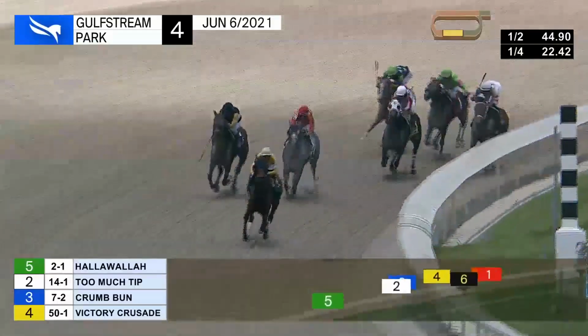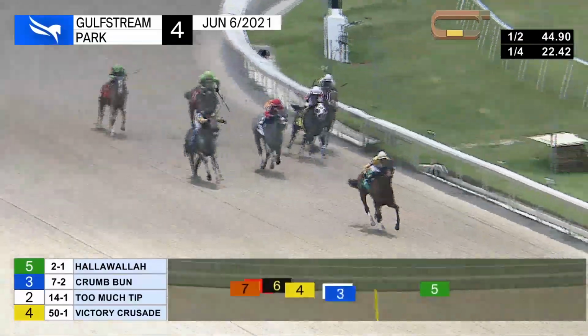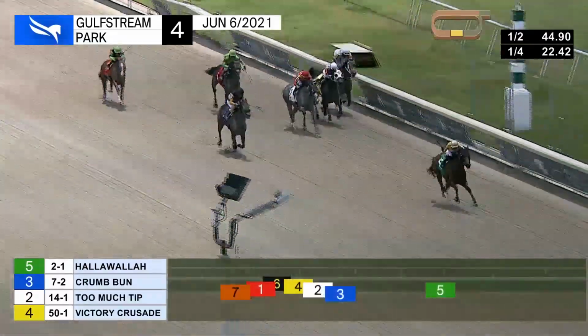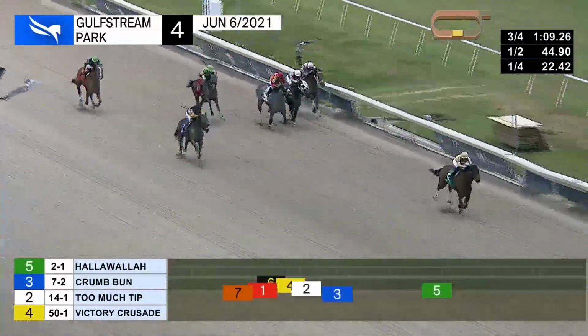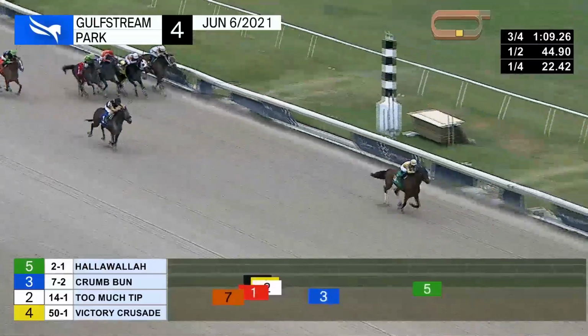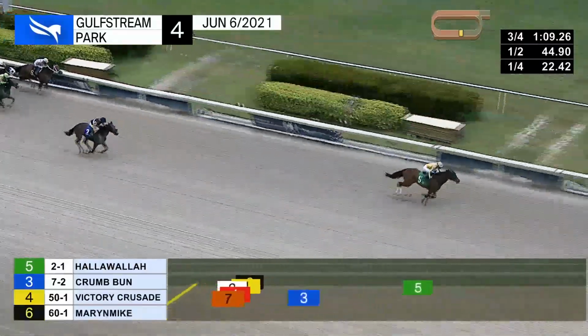She's backpedaled the second last here. Meanwhile, Hiawala's firing big. She's 3/16 from home and 5 on top. From the outside, Crumbun tries to take up the slack second toward the rail. Mary and Mike, then it's Saratoga Vision. But Hiawala for Juan Carlos Avila and Hector Barrios have run them off their feet. They're authoritative winners of